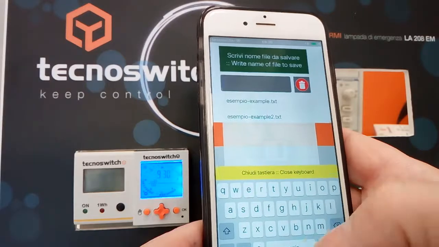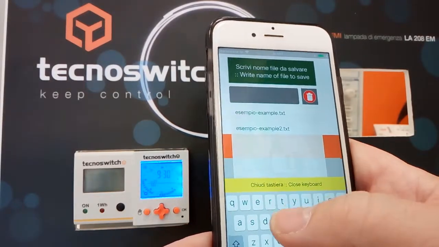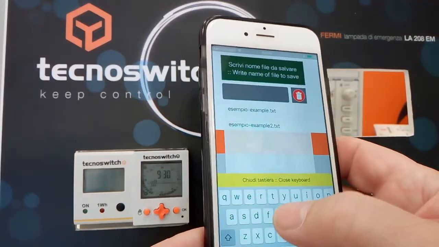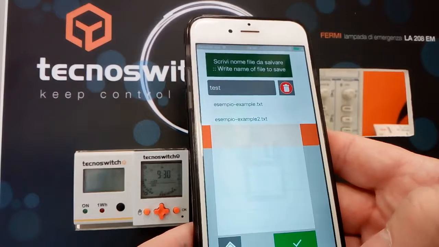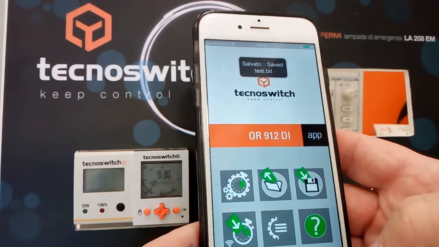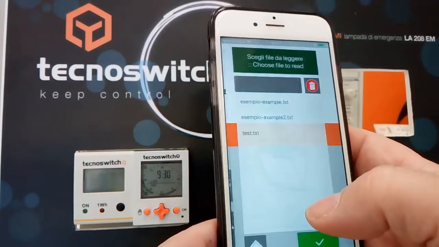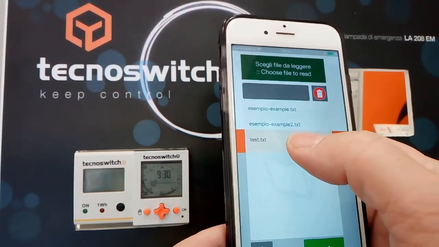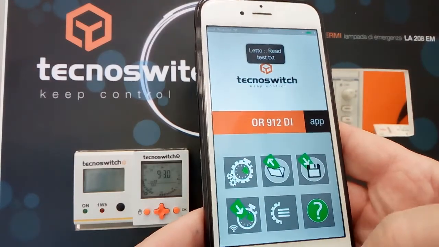Now we can store the data read from the clock in another file called, for example, test. Yes, and it's saved. Now, if we look at the list of the files, we have our new file test, and this is the contents of the clock. That's all for